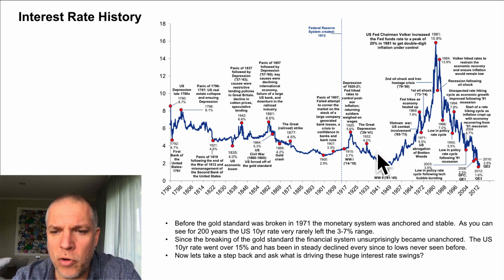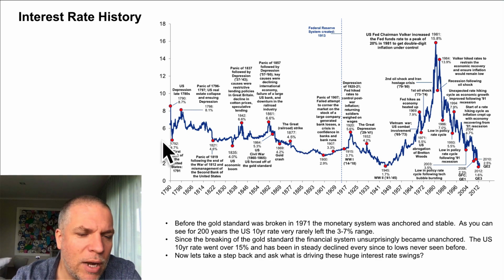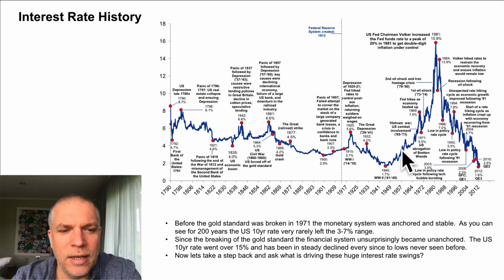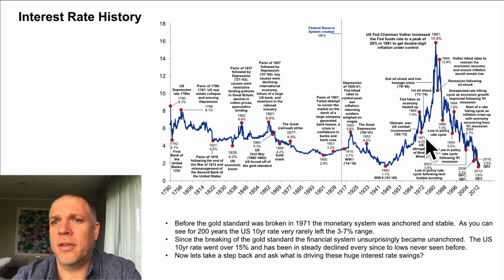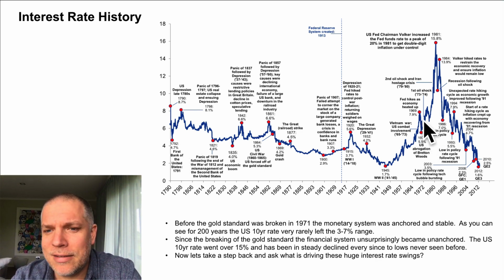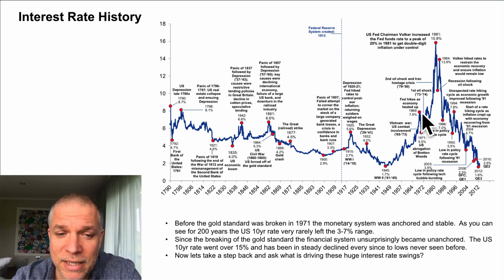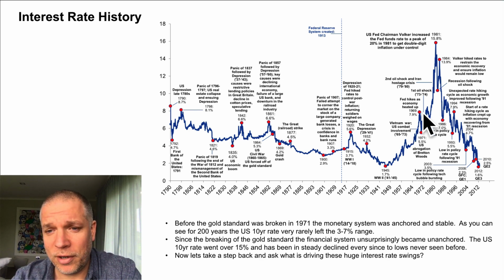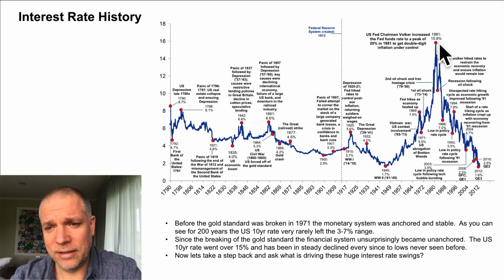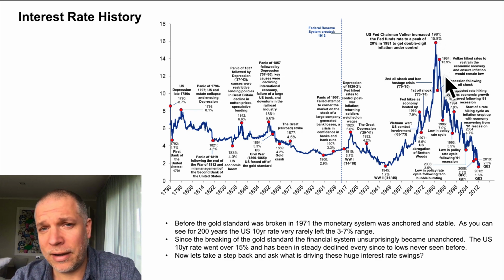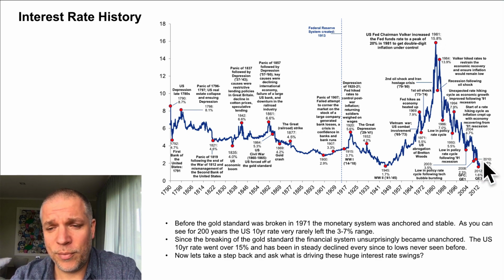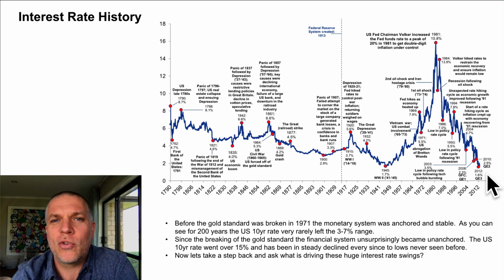So taking a look here, first thing to note is the stability you had for a long period of time. You had this 200-year period where rates very seldom went outside a 7 to 3% range here. And then more recently, you suddenly see, hey, hang on, something's gone on more recent times, and sure enough, it has. In 1971, we left the gold standard. Previously, financial system money was backed by gold, and that really was the reason why we had this stability. And sure enough, we lost that stability when that was broken. Rates spiked up to 16%, thereabouts here, and we've been on a 4-decade decline ever since. In terms of rates, and that's significant. A lot of people have only known a falling interest rate environment. So anyway, let's understand what's caused this.